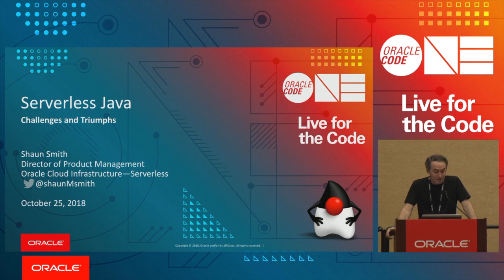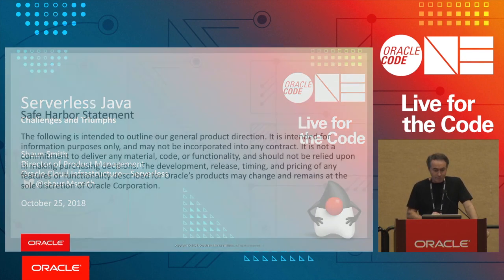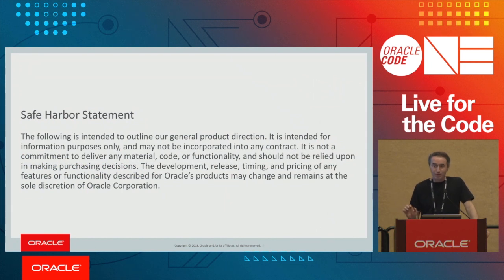So today, I want to talk about the challenges for Java in the serverless space. And Java gets a lot of bad press in this environment. If you haven't seen serverless before, we'll see a bit of serverless. You'll see a little bit of some of the cool things that are in Java. I'm going to talk about things that are in the Java platform, some things that have been there for years, and some things that are new that really help Java in the cloud space and in serverless in particular. So you've seen the safe harbor many times, I'm sure, this week, so don't make any decisions on things that I'm saying.